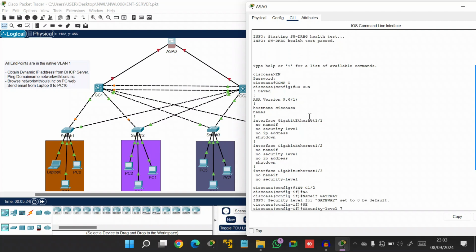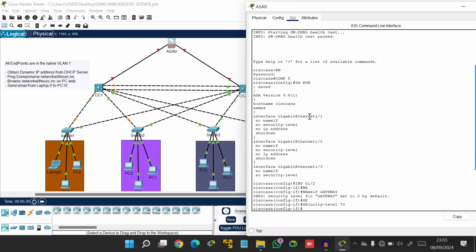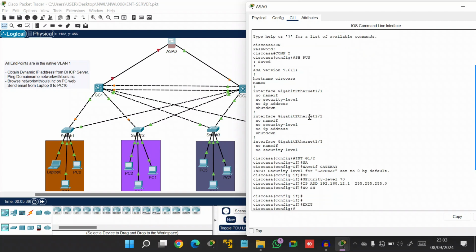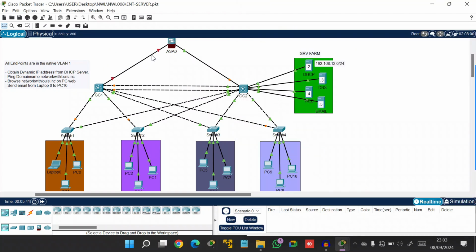Security level, I'm going to say 70. IP address 192.168.12.1, 255.255.255.0. No shutdown. Exit. I'm going to configure this other interface, but I'm not going to assign an IP address